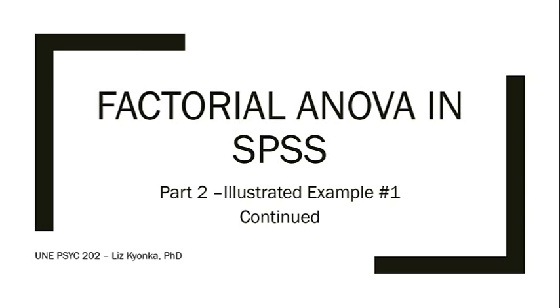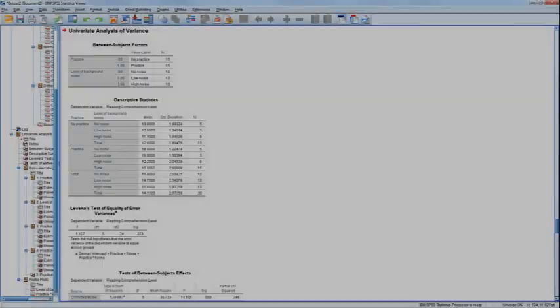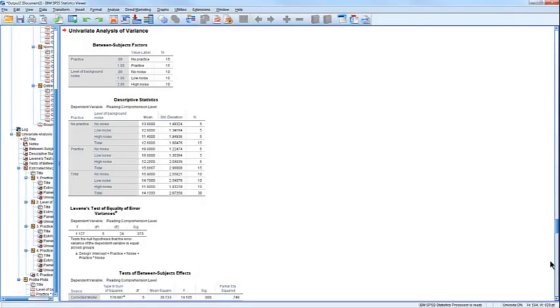So we've just generated all of the output. And let's take a look at it. What I'd like you to do is get your output and let's have a look. So I'm going to scroll through this quickly, and then we're going to look in some more detail at individual